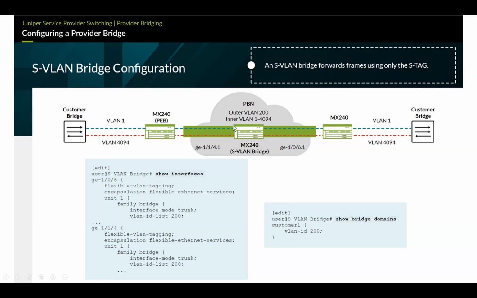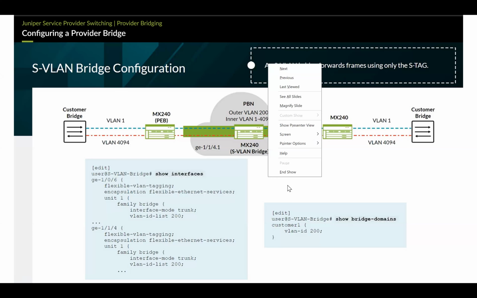So in that case, you have to create the bridge domain, that is bridge domain customer 1 for customer 1, VLAN ID 200. For a customer range of VLAN, the service provider uses only a single VLAN. So you can say per customer in the service provider uses a single VLAN. Another interface in PE B, that means ge-1/1/4, has an identical configuration like this. That means